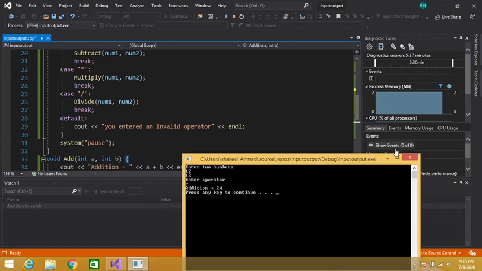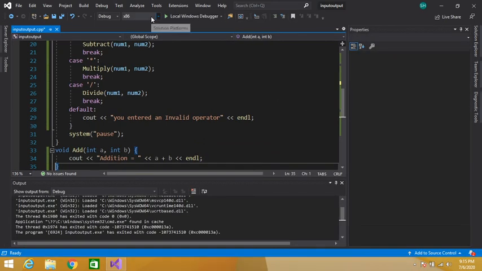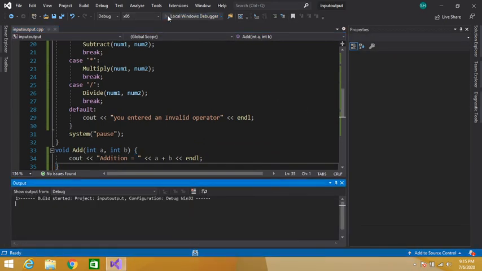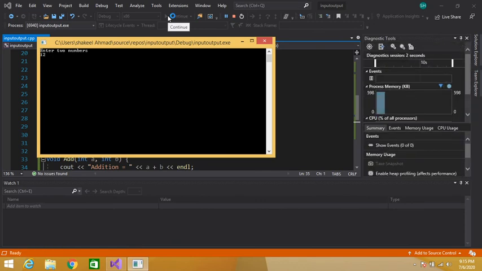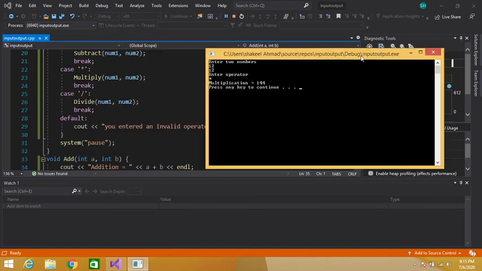Similarly, num2 is also 12 and then the operator is the multiply symbol. So 12 times 12 is 144.